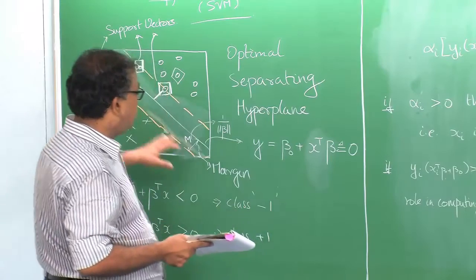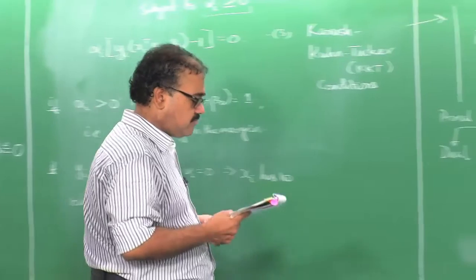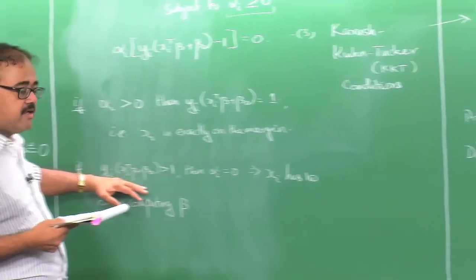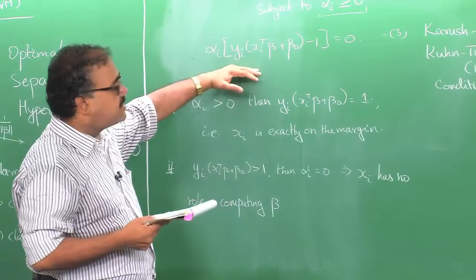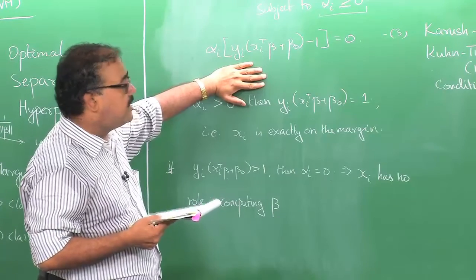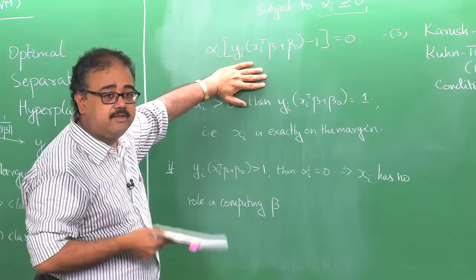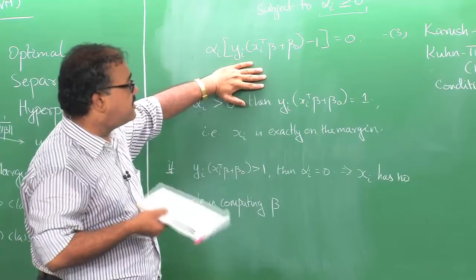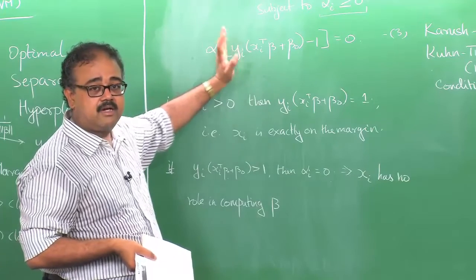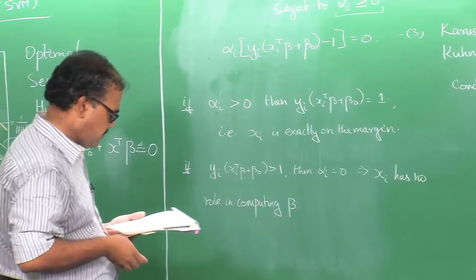So, once you figure out a beta, right, then I can substitute that into the KKT, the third condition here, and solve for beta naught. Okay. So, typically what you do is that you use every xi that is a support vector, right, and you substitute that here and then try to solve for beta naught, and typically you end up taking the average value of that. Okay.